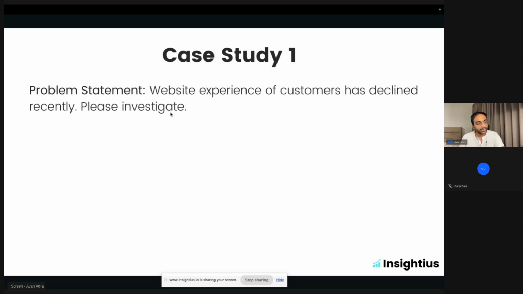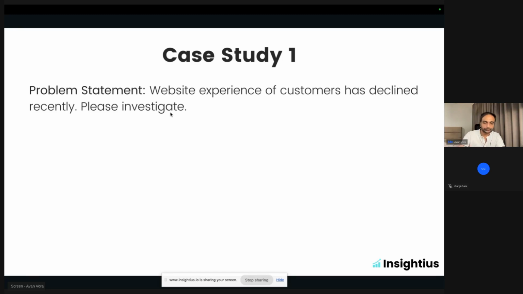Yes, all agreed. I think Crowdman brought up a good point. Declined how? Not able to access or conversion has reduced. I think all of you have very good points. Any new competitor site on the rise, exactly, all good points. But before jumping into solutioning or trying to come up with a hypothesis of what has happened, I think, a beginner mistake that even I have made is directly jumping into a solution. We don't even know enough about the problem to try to come up with a solution.